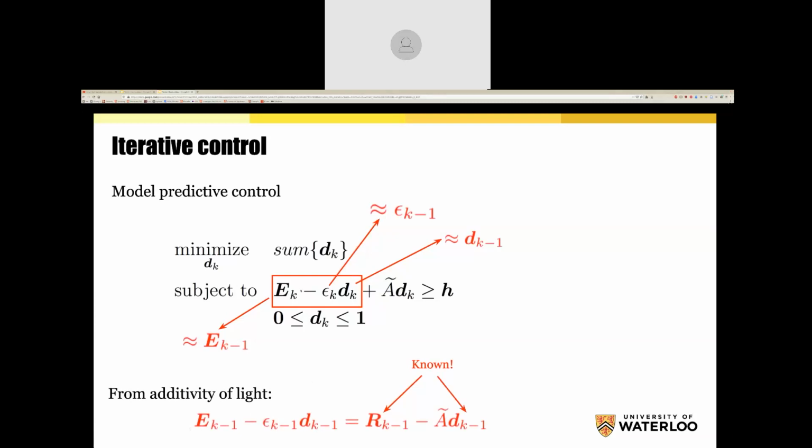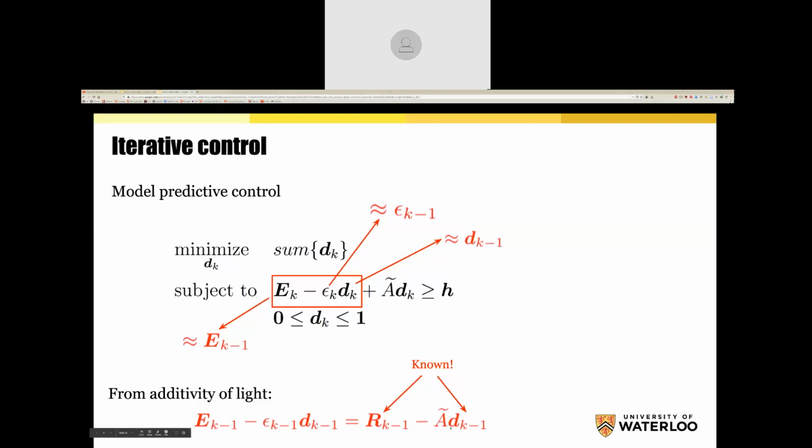More specifically, e k is given by looking at the illuminance that you have last time minus what your model said illuminance should be, A tilde d k minus 1. So essentially what you're saying is that I'm seeing, let's say, 100 lux, but according to my dimming bulbs and the prior transfer matrix, I should have been getting only 70.